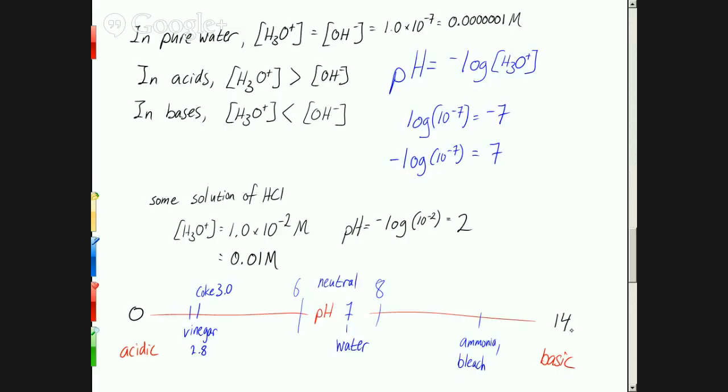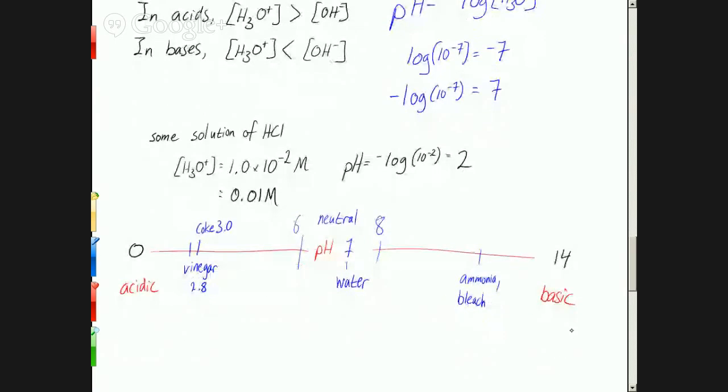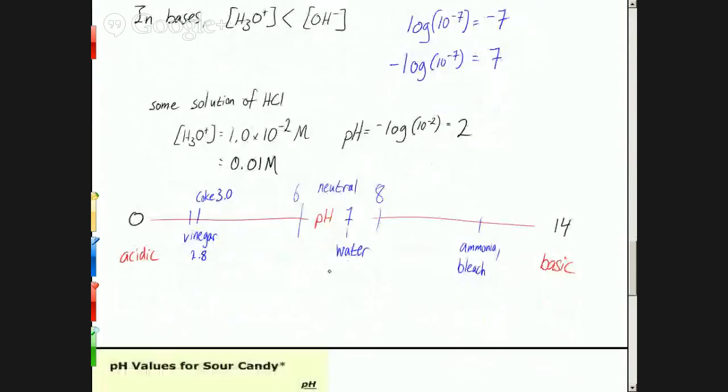Right. And you can do it the other way around too. You can calculate the hydrogen ion concentration from the pH. Now to do that, you have to actually raise it to a power. So log gives you the exponent. If you want to go from the pH,